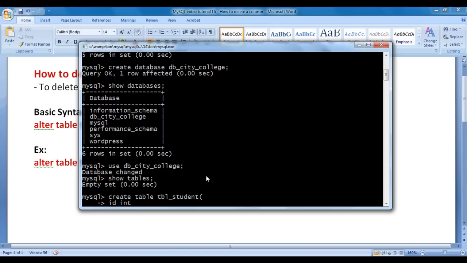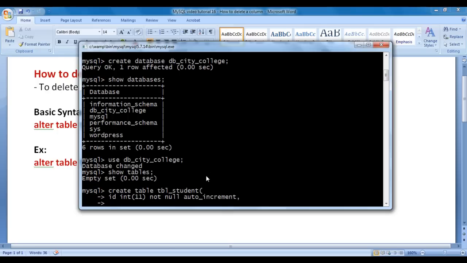Then we write the size of the column. In a pair of parentheses I say 11, that means the ID column can have numbers containing a maximum of 11 digits. The ID column cannot have null values, so I say here not null. ID column values must be automatically incremented, so I say here auto_increment, comma, hit enter.